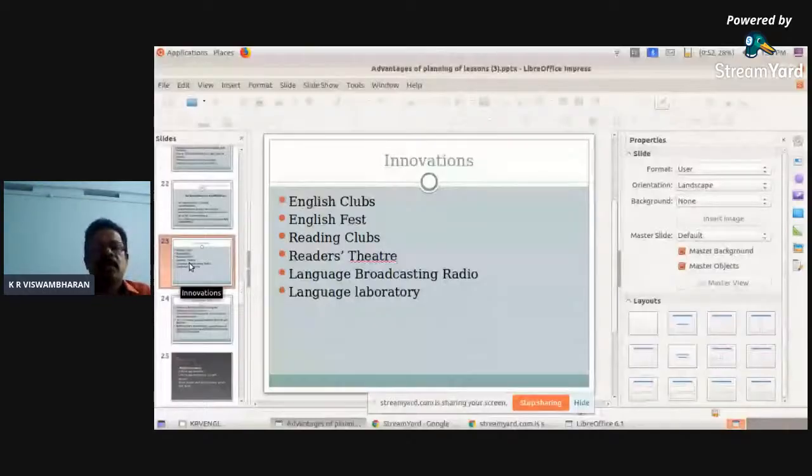They can arrange so many activities, interviews, other performances, like I told you, skits, role play, dramatized drama. A lot of activities can be taken up as a part of it. English Fest is actually a platform for the students to share their excellence in learning language with the parents and the general public.